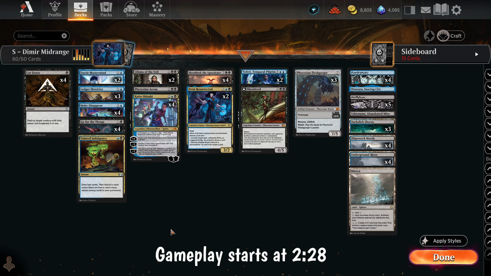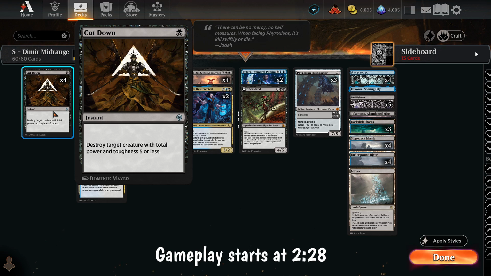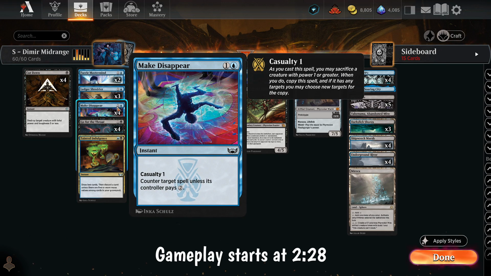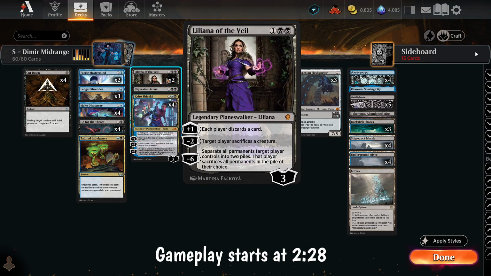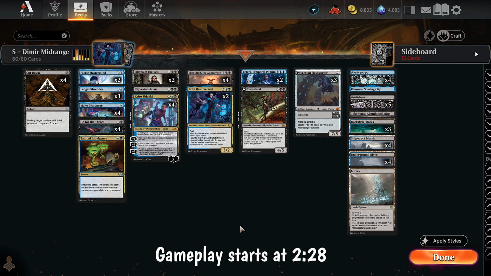So first off, let's just get through some of the obvious stuff. We have Cut Down, which can blow up small creatures. We have Go for the Throat, which can blow up any non-artifact creatures. We have Make Disappear, which can counter spells. We have Liliana, which can make the opponent sacrifice, then makes everyone discard. We have Shieldred, which when we draw, we gain 2. When the opponent draws, they lose 2. A lot of typical stuff that you've seen a lot of times, but what's unique about this specific build is,